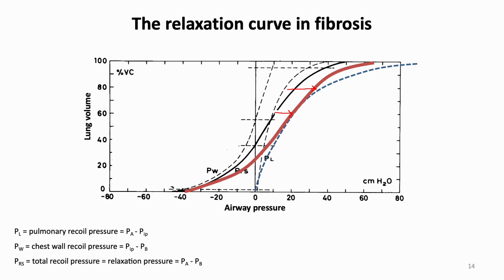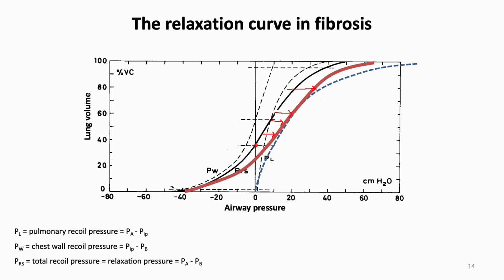Well, it means that this solid line here is also shifted, because again, this line is the sum of the pulmonary recoil pressure line and the chest wall recoil pressure line. And again, we can see that something very important happens in terms of functional residual capacity. It's located here